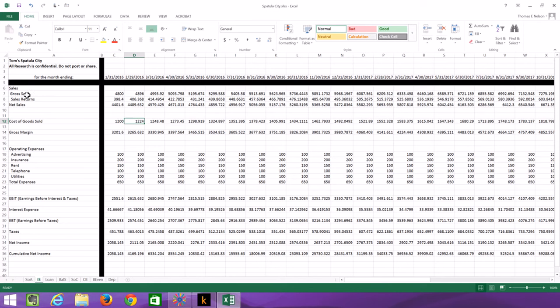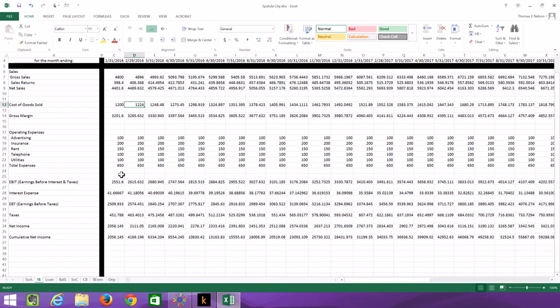All right. Now, by creating this whole sheet this way, our gross margin then is our net sales minus our cost of goods sold. Then we subtract out our operating expenses, which again are all listed in the assumptions. And that gives us our total expenses. We subtract those from our gross margin to get earnings before interest and taxes. Our interest, as I explained, we get from the loan sheet, and then we subtract that out to get our earnings before taxes. And then we have our tax rate, which is 18%. Then we have our net income and our cumulative net